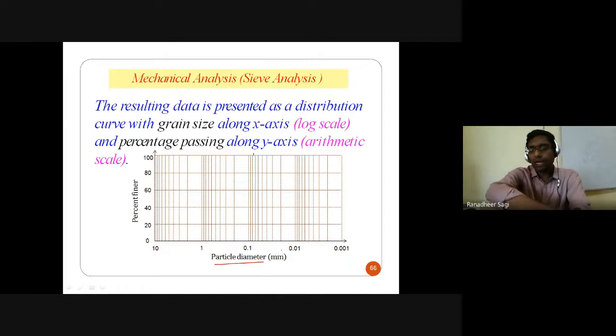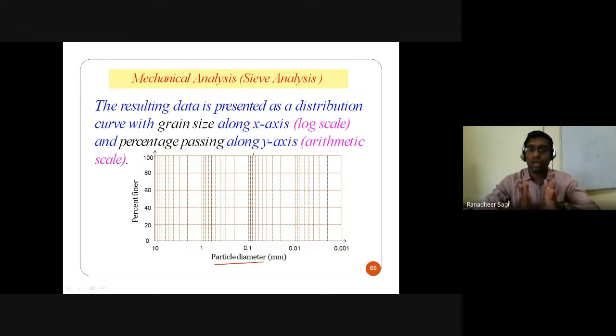So for now, we'll stop our discussion for today, and in our next class, we'll continue from here, where we will see how, once the data from your mechanical sieve analysis is obtained, we draw the portion of the grain size distribution curve for the coarse grain particles, which we have separated from the complete soil mass. Because the complete grain size distribution curve for that soil I will get partly from the coarse grain distribution analysis, and partly from the fine grain soil distribution analysis.